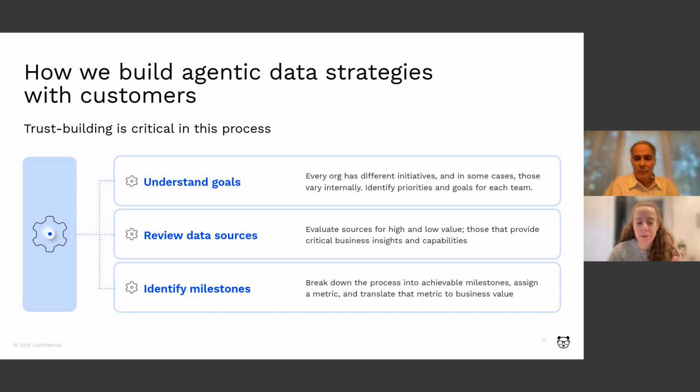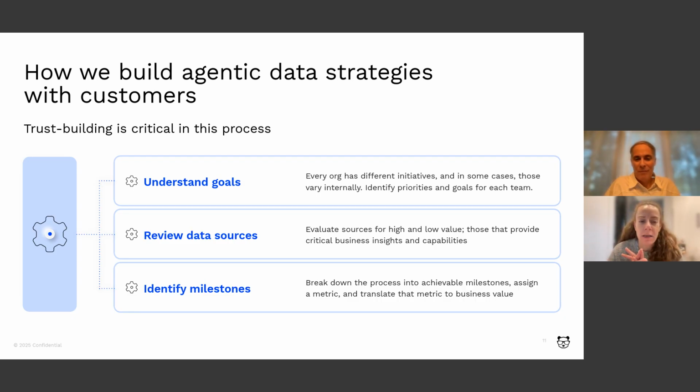Also, we talk a lot about observability and CMDB and ITSM, but even that's generic. Every organization has different data sources that are either high quality or low quality, delivering more value, more insights, monitoring certain applications. And we have to really understand how those exist in your org before we can make any recommendations.